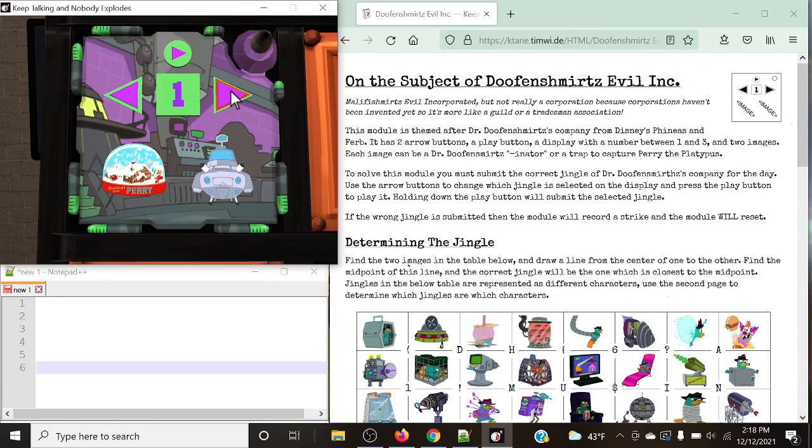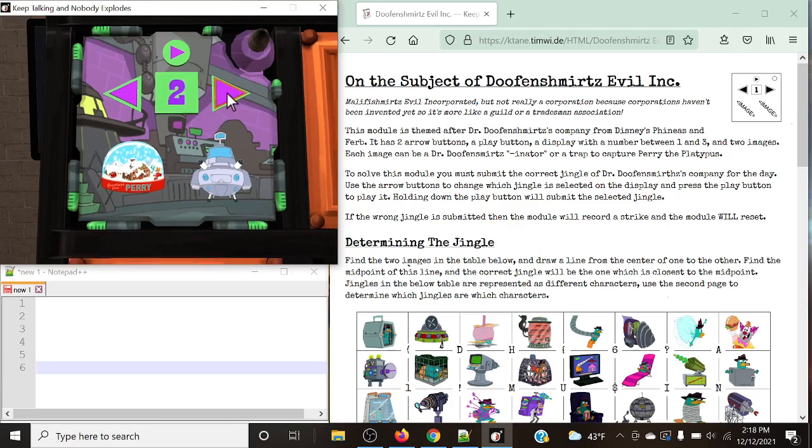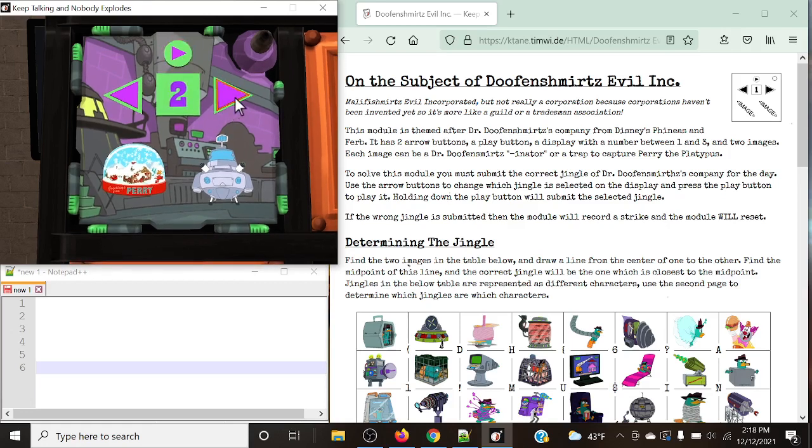Doofenshmirtz Incorporated. Doofenshmirtz Governor's Mansion. Doofenshmirtz's ex-wife sports sedan. And just like that, we're going to be going through one of these 3 jingles and